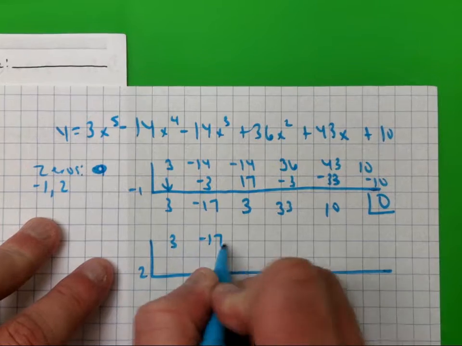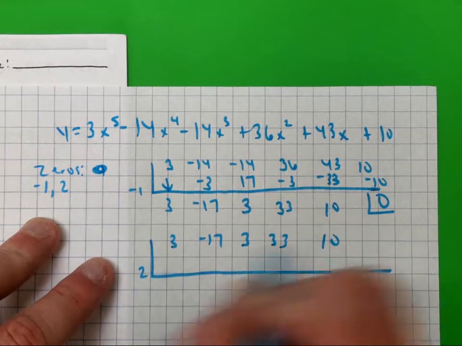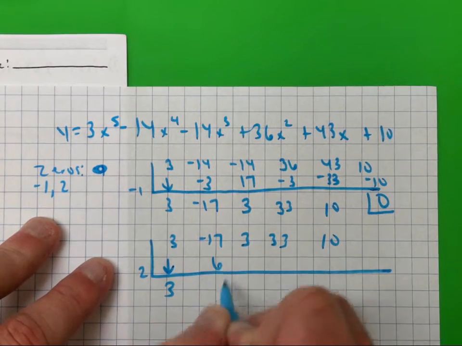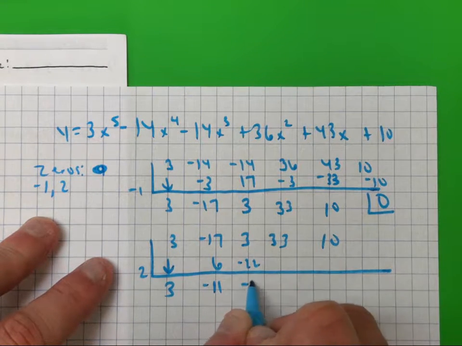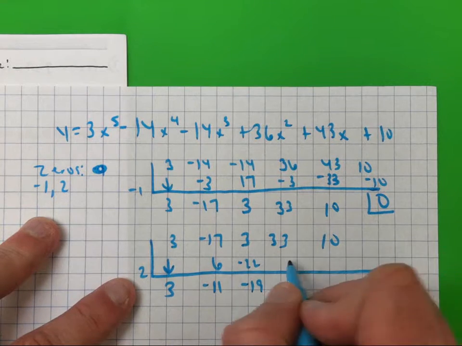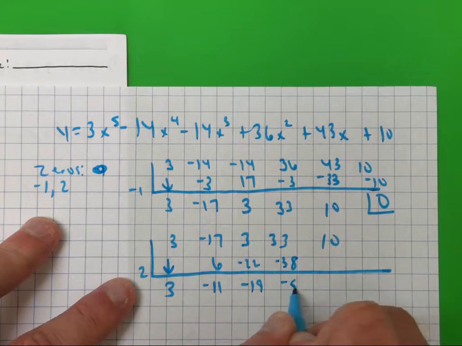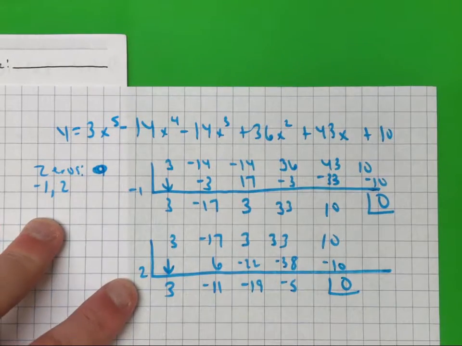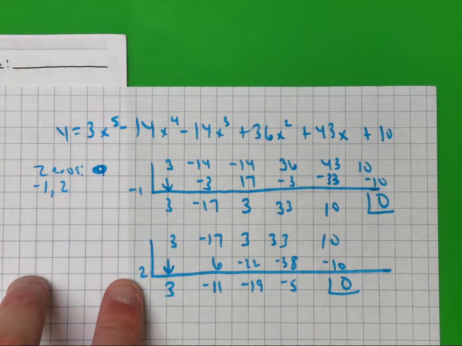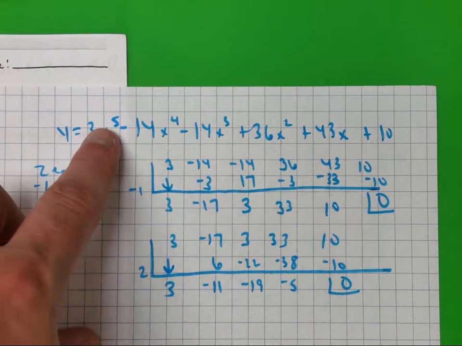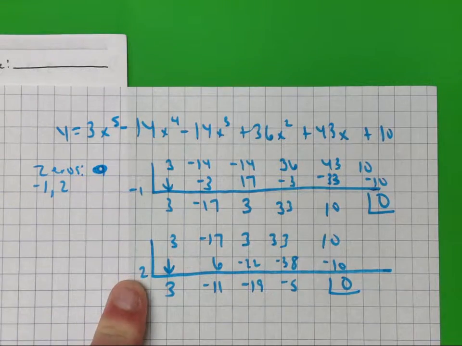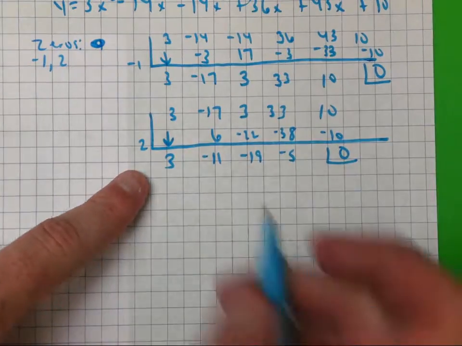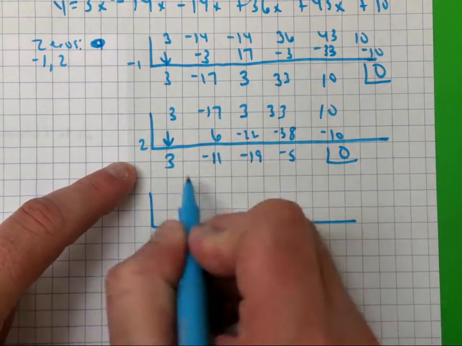Bring this down. Bring that 3 down. 2 times 3 is 6. 2 times -11 is -22. 2 times -19 is -38. Alright, now I went from a quintic to a quartic to a cubic. Okay? Now I need that cubic to keep on going to a quadratic. So I'm going to bring it down